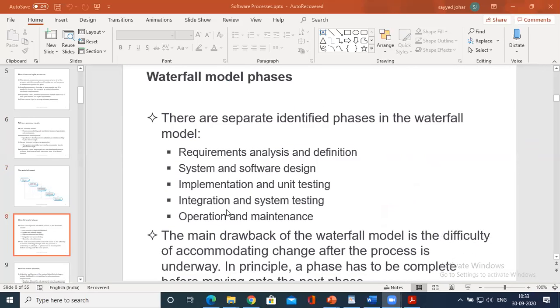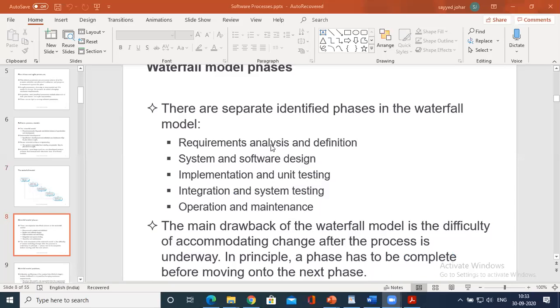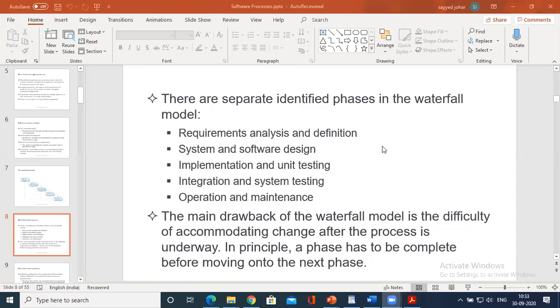See, the waterfall model consists of identified phases: analysis and definition, development, that is design, and unit and system testing, which are part of validation. Finally, operation and maintenance. If you talk about the drawbacks, there are a few advantages.